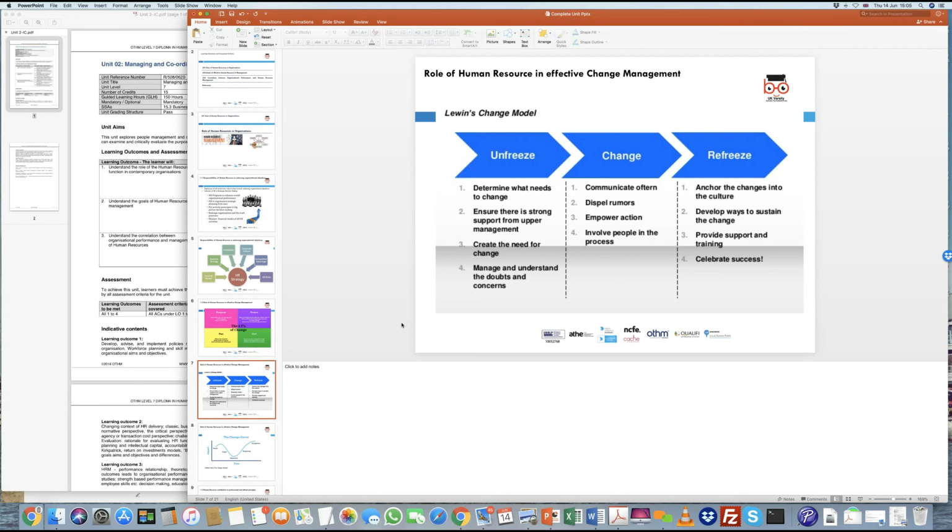And then once the change has happened in the organization, in order for this mistake or this issue to not arise again, you do something called the refreeze. That means once the changes have been done, you refreeze that, saying, okay, this is what we used to do previously, now this is what we do, and that is the process going forward. There is no reference to the old process. So what you then tend to do is,